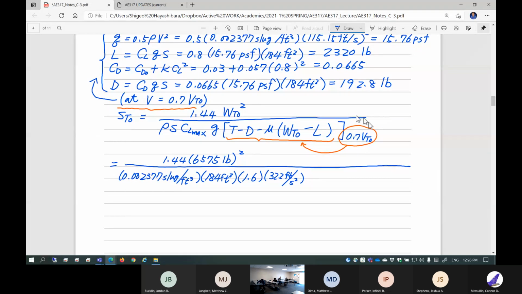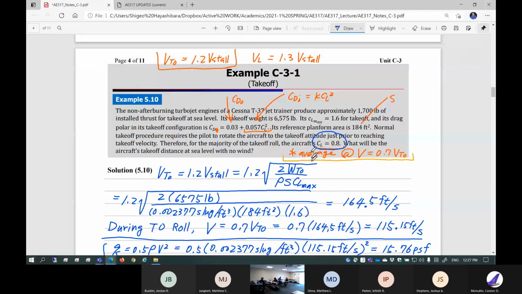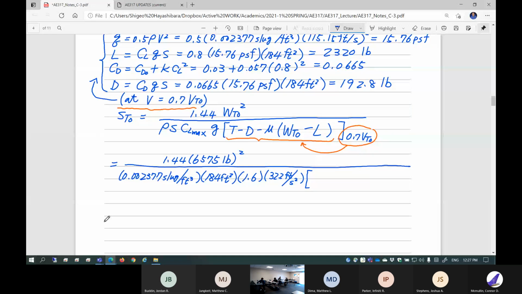Okay. So within the bracket, what is the thrust? Do I have thrust information? Oh, yeah. Produce approximately 1,700 pounds force in all the thrust for takeoff. So let's assume thrust is 1,700. This is independent from airspeed. Okay, 1,700 pounds. Drag, we found, is 192.8 pounds